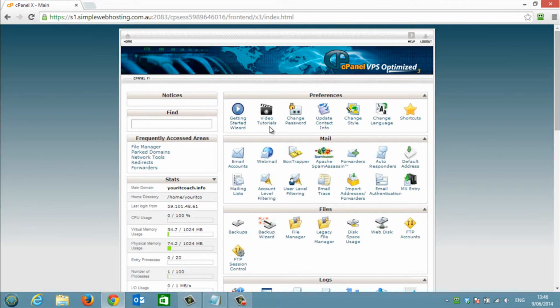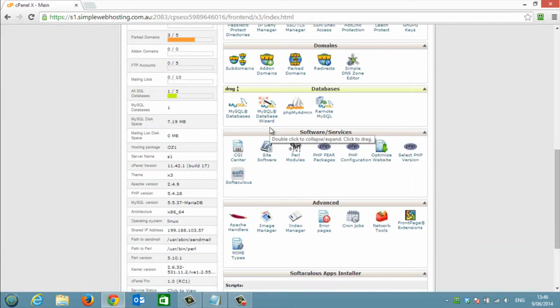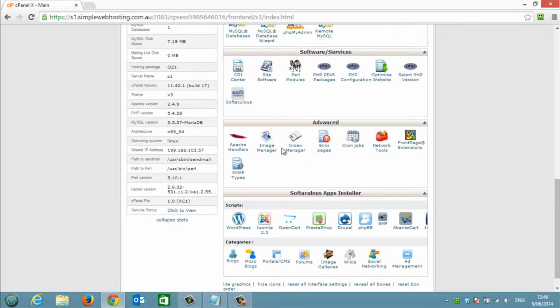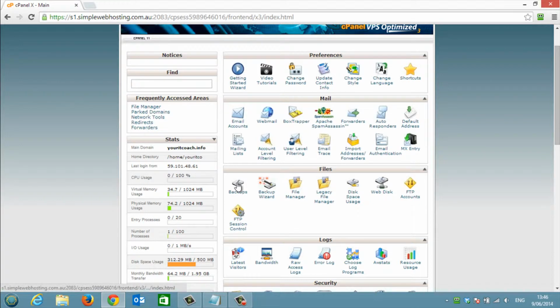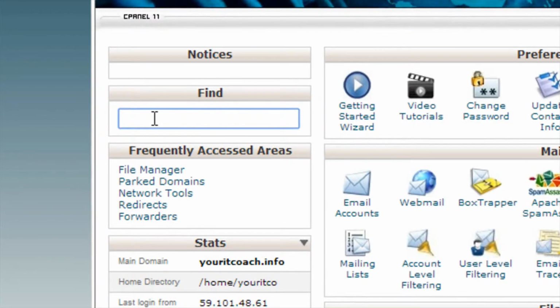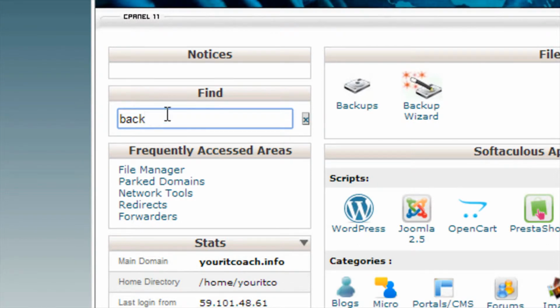Now there's a lot of stuff in this control panel. Don't be scared by all that. What we're looking for is the backups icon, which is sitting right there. But if you can't find it, quick tip, just click in the find box, type backup. It'll limit down what you're seeing here to anything that has the word backup. Now, so if you click on backups,